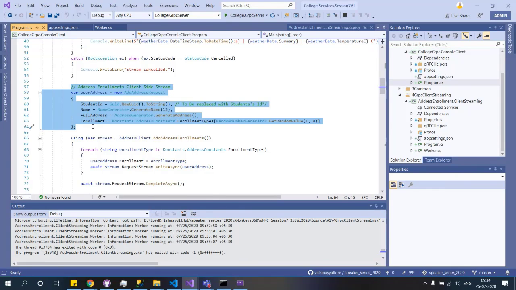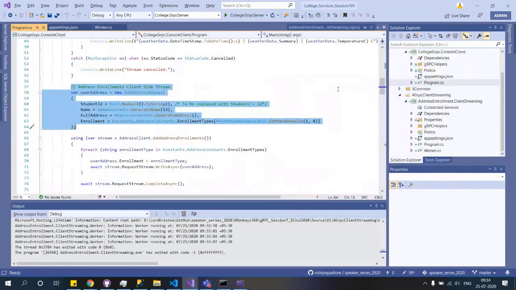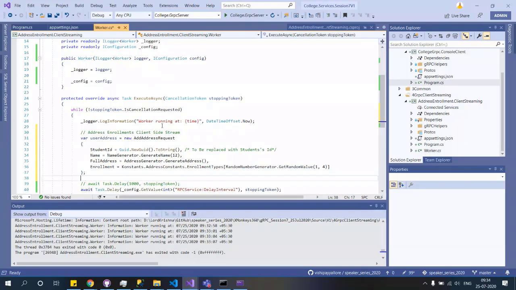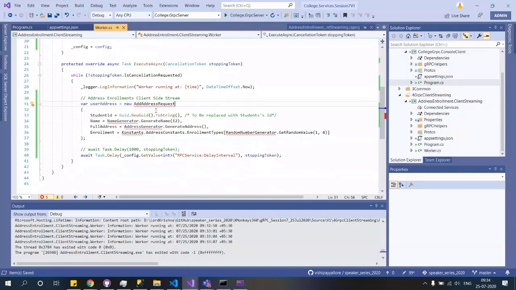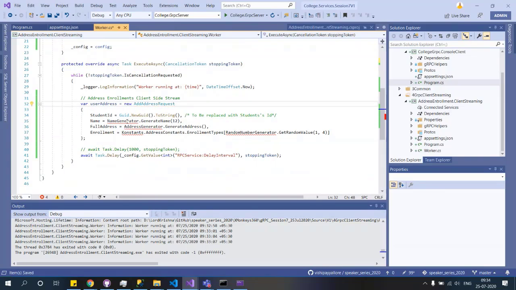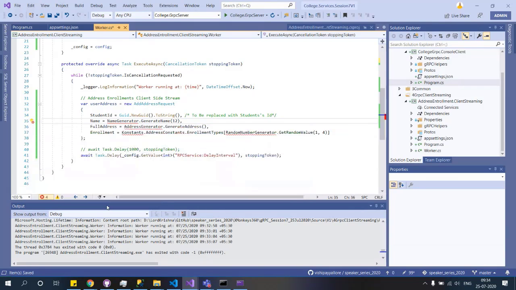I'll grab this guy, and we should do it inside the worker. Okay, here we're adding it. We need to bring in a few NuGets. We'll go grab those NuGets. I think this is coming from the common.